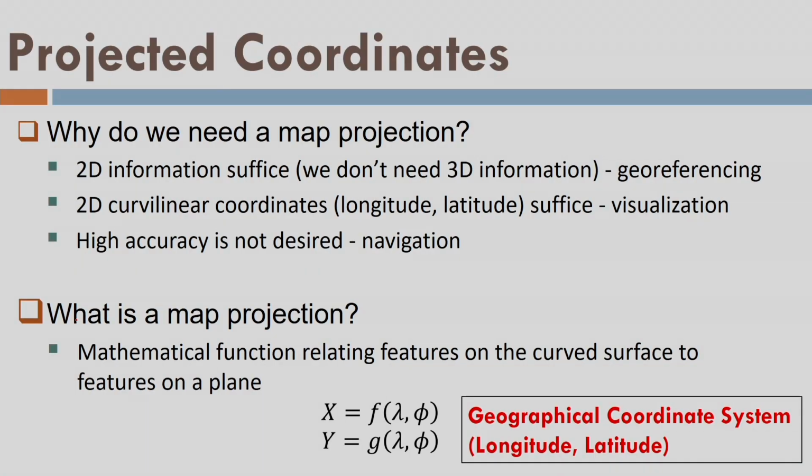That means we convert the longitude and latitude into Cartesian coordinates x and y. Okay, we already know that accuracy is not there, or rather we are compromising on accuracy because of the projection. One more piece of information I would like to share with you at this instance. When I express the longitude and latitude, which is only a two-dimensional coordinate system, it is also called a geographical coordinate system.